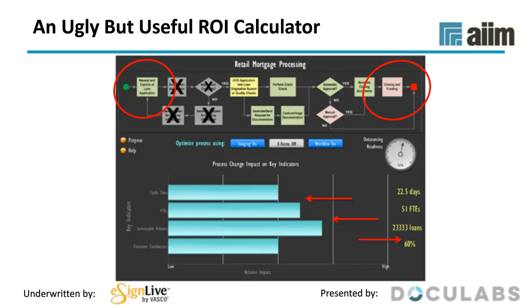So to do this third level of ROI for e-signatures and e-forms and so on, you've got to translate it into that language. We can help you if you're interested. We have some calculators. This is an ugly one that we use. But it's highly effective in translating it and making the business case that the lines of business will be interested in to do e-signatures.